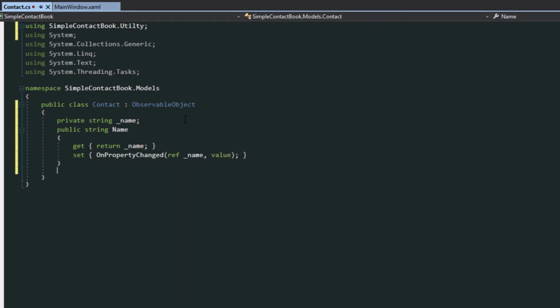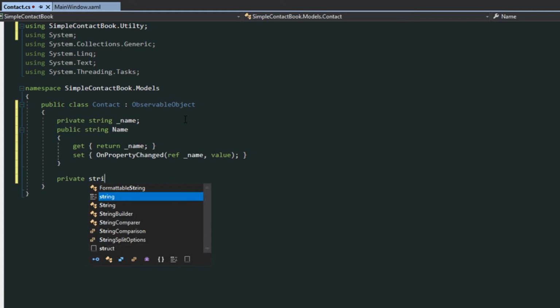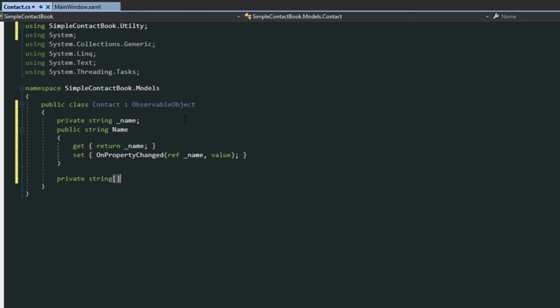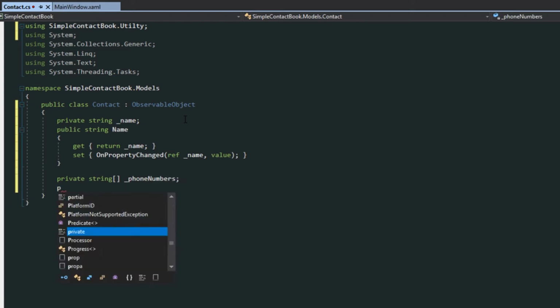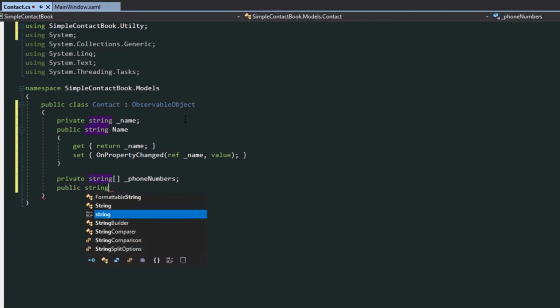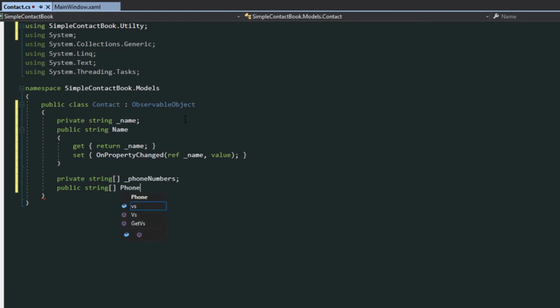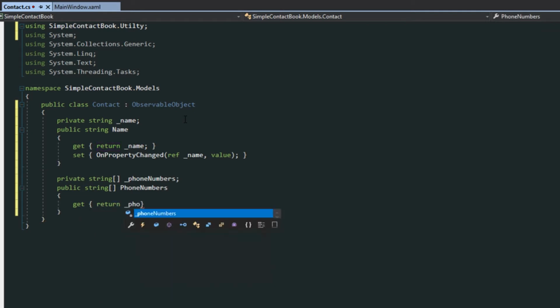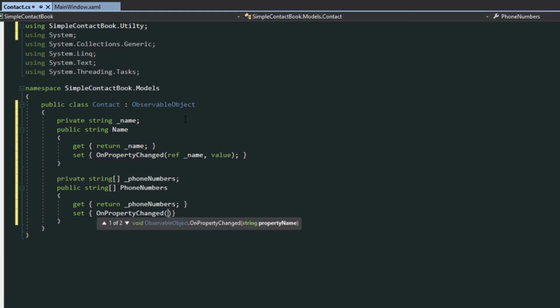Now the next thing we want to do is create a private string array. This is where it's going to get a little different, and we're going to call this phone numbers, and like we did above, just have a public string array here, phone numbers, and get and set the array. So on property change reference